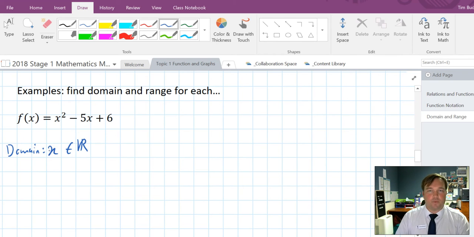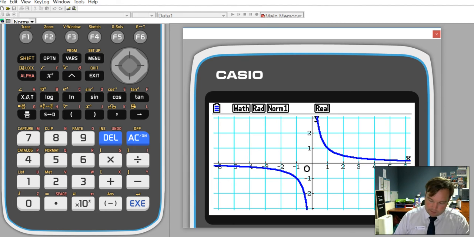But what about the range? We know that at some point it's going to have a minimum, so it won't have every possible y value. So, a couple of options of what we can do here. Either we can complete the square to find the turning point, or perhaps the fastest way is to use your calculator. So if we use our calculator,